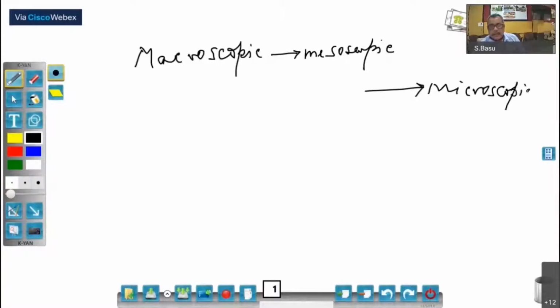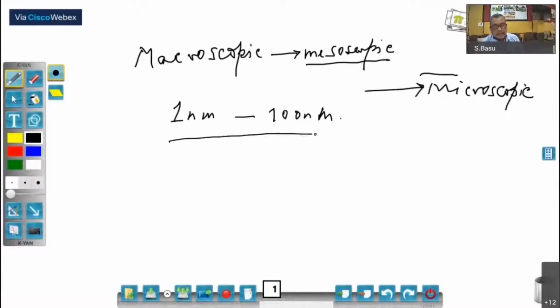I started my discussion with crystallography, but there's a whole class of experiments which works at mesoscopic length scale. Typically, I would say 1 nanometer to 100 nanometer size. This range, so 10 angstrom to 1000 angstrom, 0.1 micron, is the range which can be addressed using mesoscopic length scale. Now again, we can use the uncertainty relationship, and if I talk about 10 nanometer length scale or 100 nanometer length scale, I need to go to